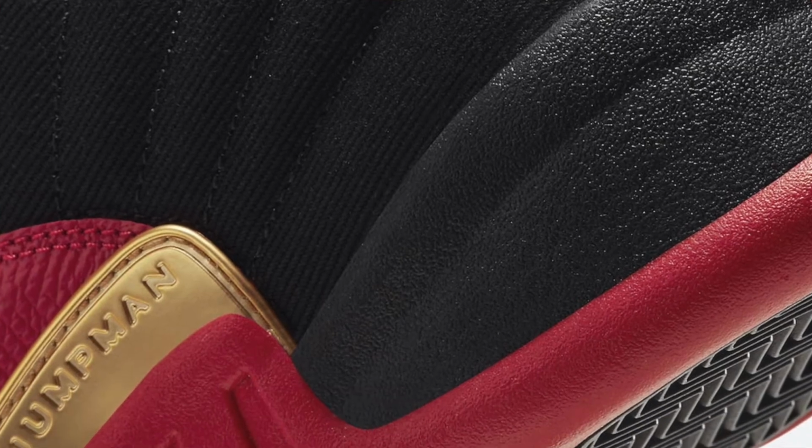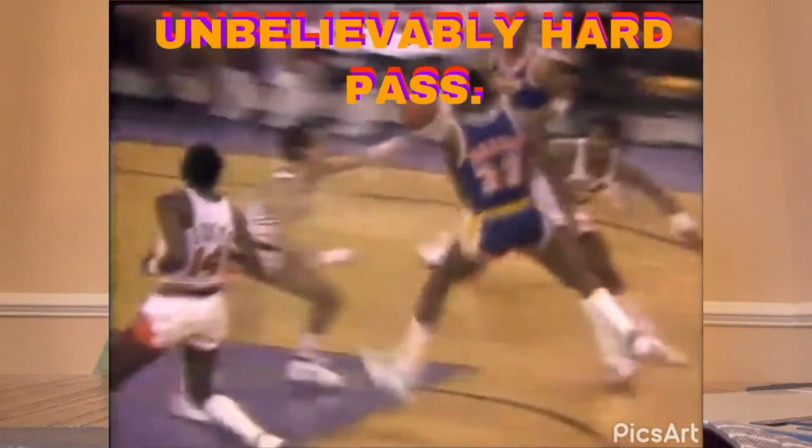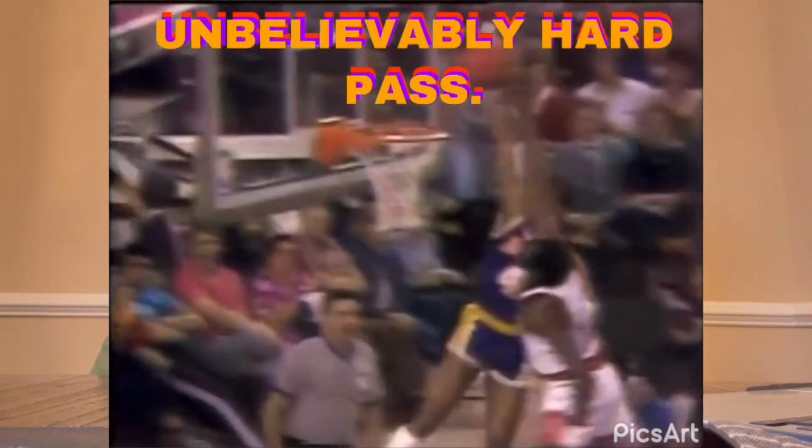I just don't like them. The liner is nice. This is a historic Super Bowl for many reasons. I wish they could have celebrated it better with the shoe. They could have come out with a different shoe. All right. So next, for February 6th,